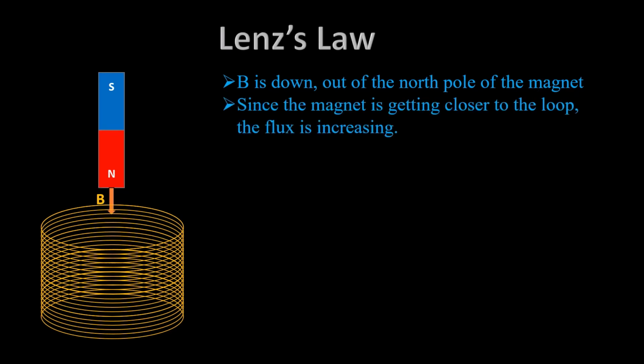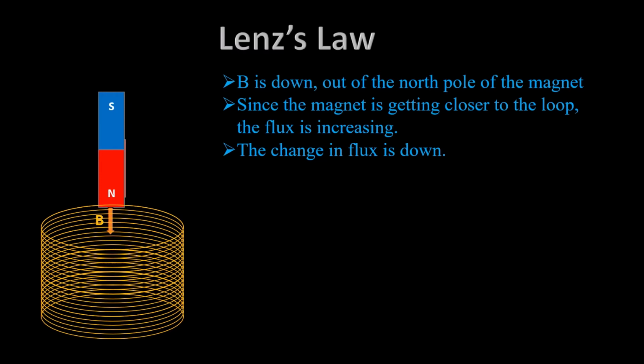Now, since the magnet is getting closer, the magnetic field is increasing. Likewise, the flux is also increasing. So in general, for any vector quantity, if it is in a certain direction and increasing, that means the change in that quantity is in the same direction as that quantity. So if the flux is down and increasing, that means the change